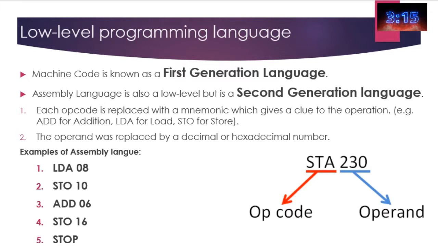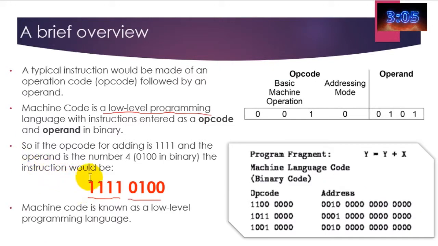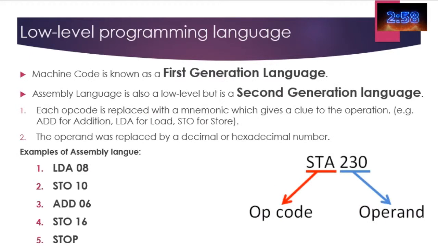So what about another type of language that you need to be familiar with? Machine code is a first generation language. That's very true because it was the very first generation of languages used to control a CPU. However, you can imagine the opcodes must have taken a very long time and they're kind of difficult to remember. What does each opcode do and what does the operand do? And so developers produced a second generation language which is called